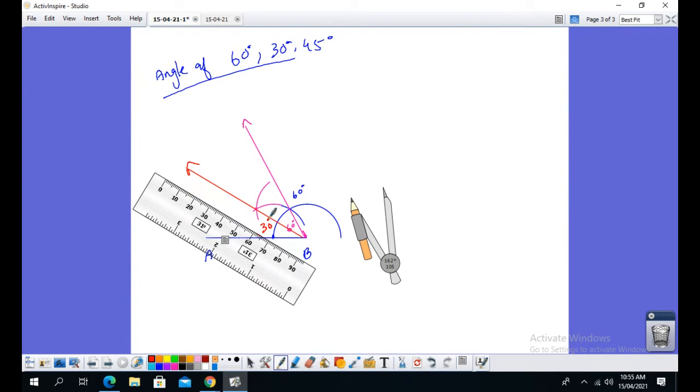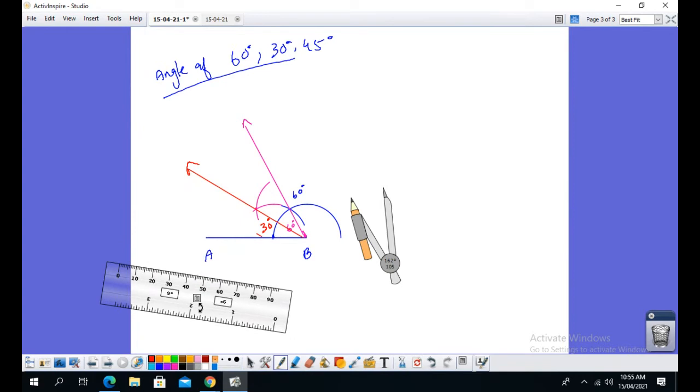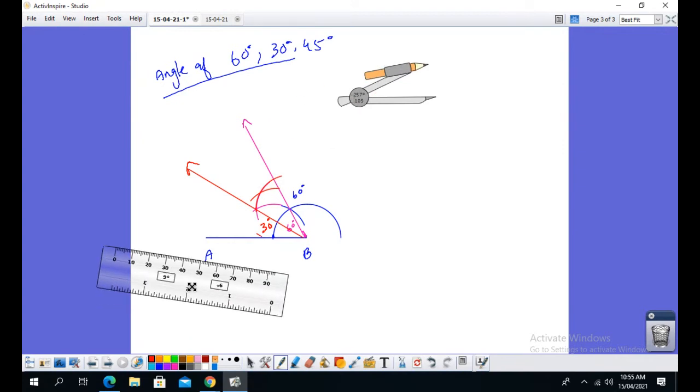Now for angle of 45 degree we have to bisect this 30 degree and 60 degree. 30 degree and here we have 60 degree. And then we draw